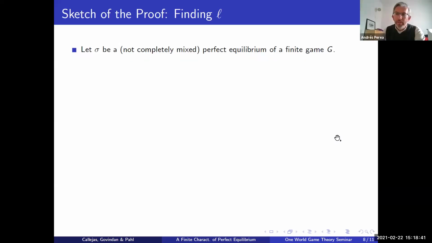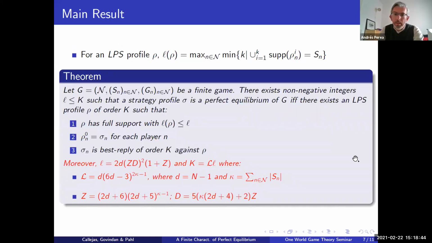I also have a question. About two-player games, for two-player games it is known that a perfect equilibrium is exactly a Nash equilibrium where both strategies are not weakly dominated. Exactly. And a strategy is not weakly dominated precisely when it is optimal against a full support strategy of the other player. Yeah. So this would suggest that for two-player games, the maximal length that you would need would be 1. Exactly. So the L and K is 1. So for two-player games, the problem is very easy to solve. The real thing here is for more players, but you're exactly right.